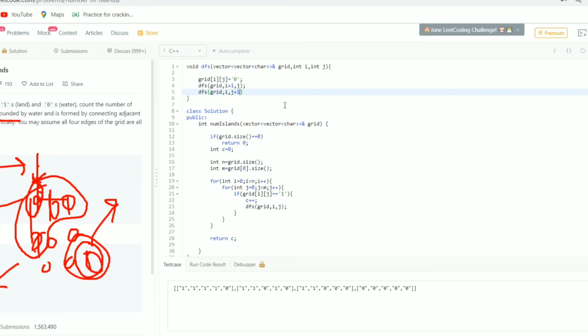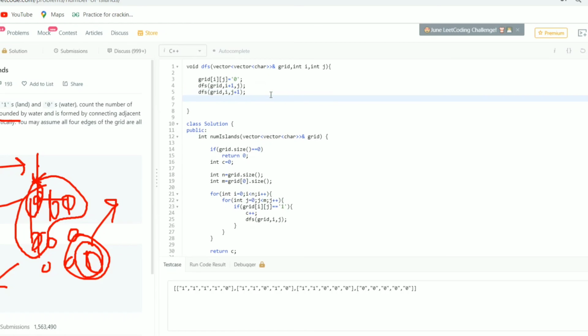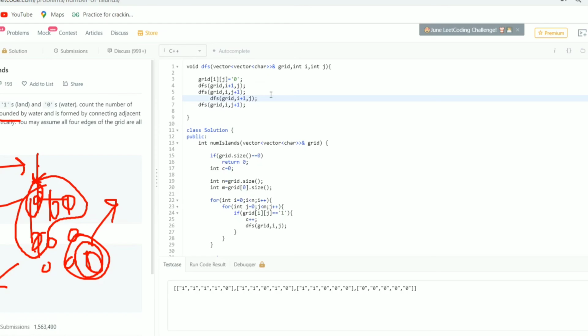So basically these are my directions. I plus 1 comma J means down direction, I comma J plus 1 means right direction, and again we need to write 2 more directions. I minus 1 comma J means left, and I comma J minus 1 means upper direction. So these are the 4 directions which I will traverse from that location I comma J.